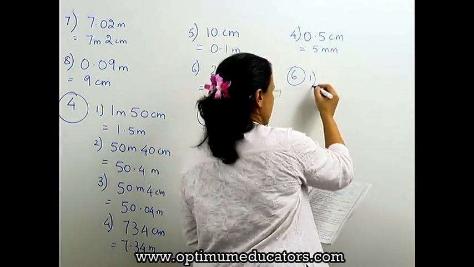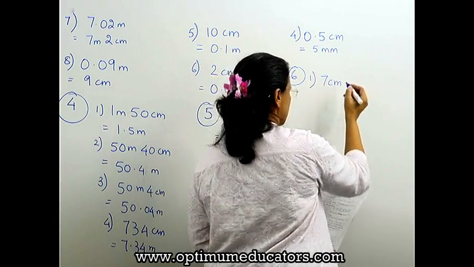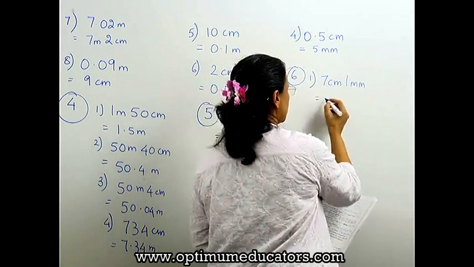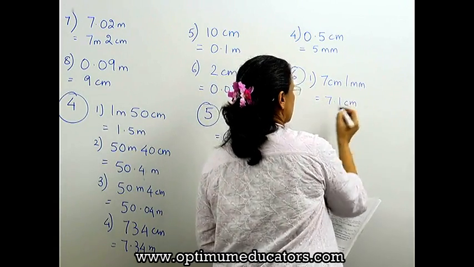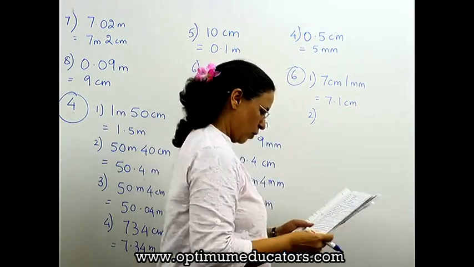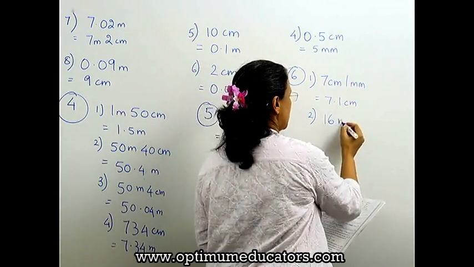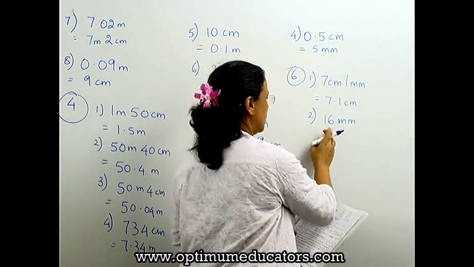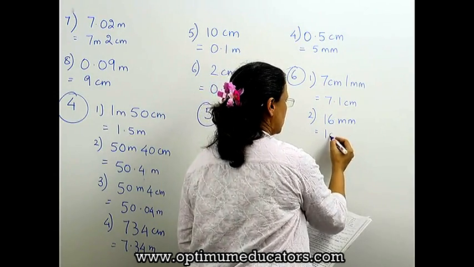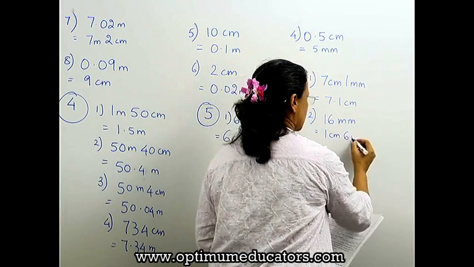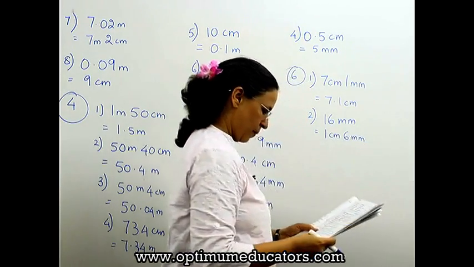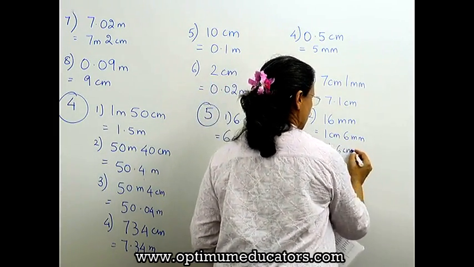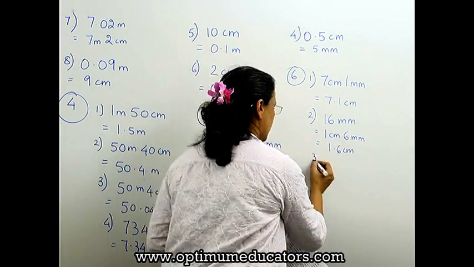Now, if the first one is given 7 centimeters and 1 millimeter. So, how will we write it? 7.1 centimeters. Second one, 16 millimeter. You know that 10 millimeters make 1 centimeter. So, from this 10 हम निकाल लेंगे तो यानी 1 centimeter and 6 millimeter. That means we will write it as 1.6 centimeter. Okay. Third one,